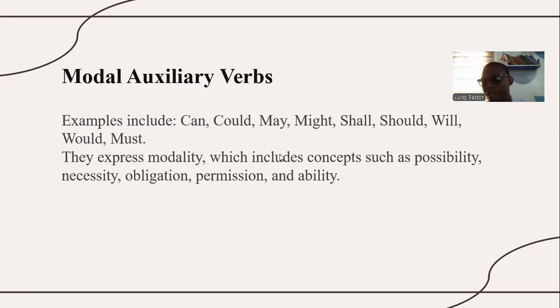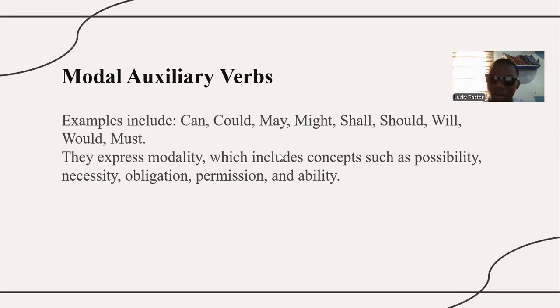So modal auxiliary verbs are used to establish modalities in a sentence. These modalities include concepts like possibility, where you are expressing the possibility of something happening. Remember, they are meant to help the main verb. The main verb is talking about an action, right? So modal auxiliary verbs can help you express the possibility of that action,